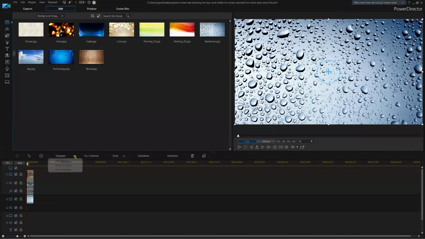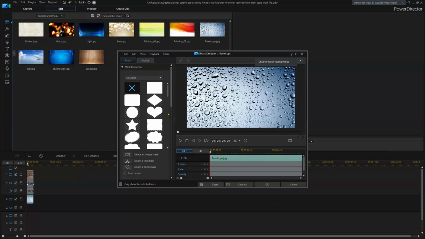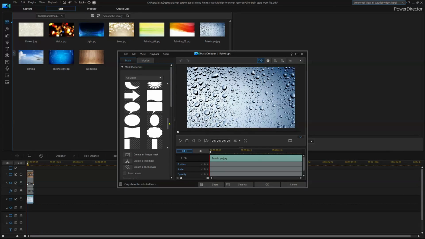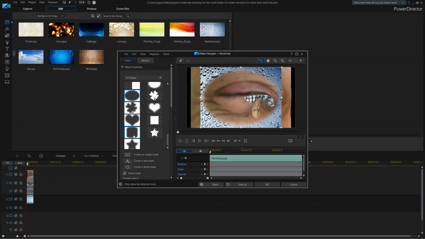Now, all you see here are raindrops, and the way to fix that would be to go to Designer, click Mask Designer, because we're going to do something called a reverse mask with this in order to make sure that the main picture, which is my eye dripping me, shows up in the middle with the background being the raindrops. And so these are masks, and they will cover the main picture, and that's what we don't want. But there happens to be another choice, and those are the reverse masks. And you can choose, there's a few choices. There's this one, and there's a square,